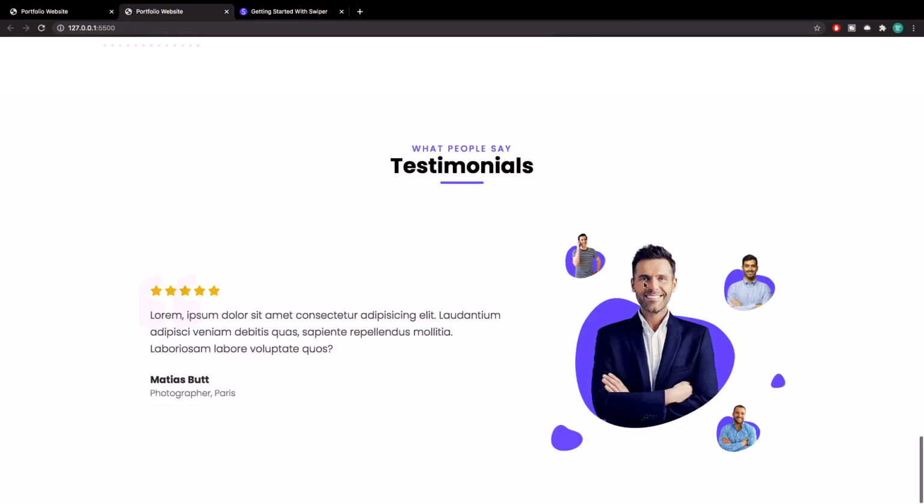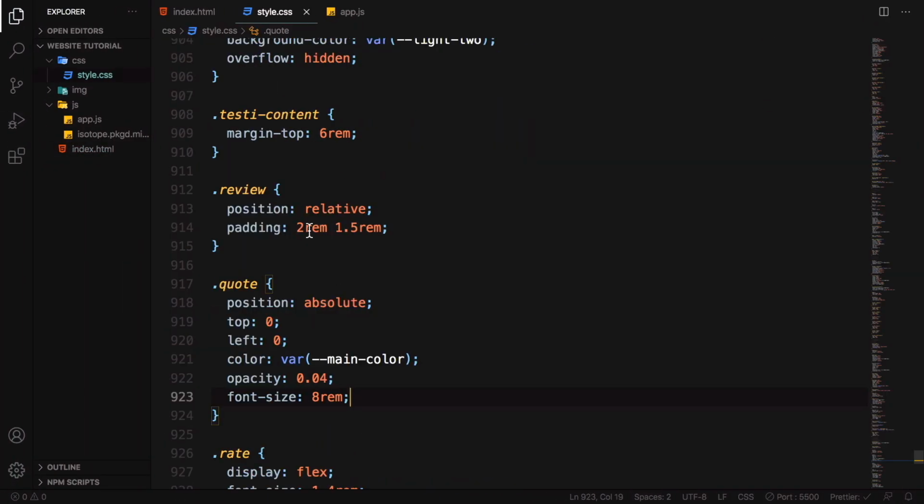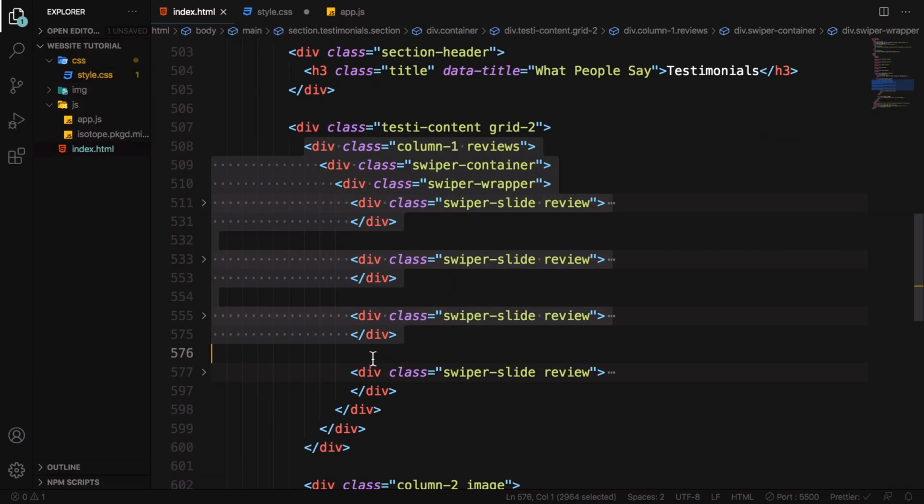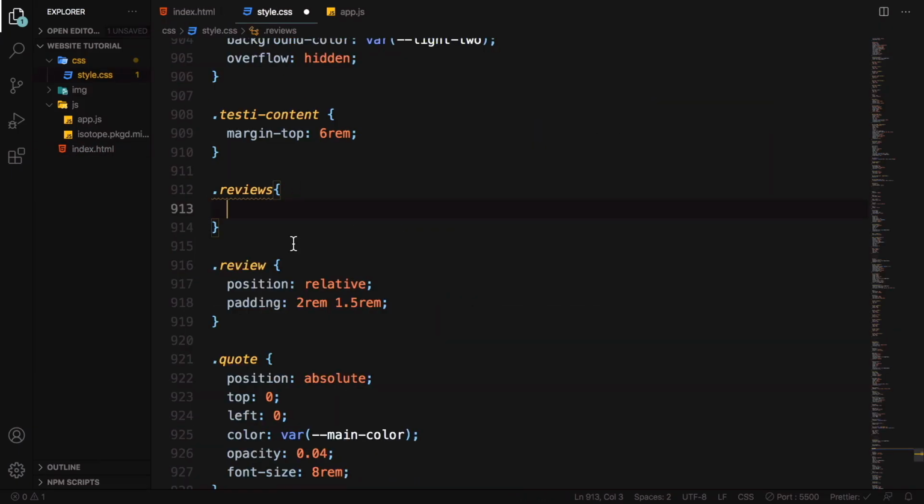But this is not working yet, and that's because we still need to initialize the library in JavaScript. So let's go back here, but before doing that, I'm gonna give the reviews div, which is this whole thing right here, an overflow of hidden, just to make sure that the slides that will go beyond this will be hidden. Now we're gonna go inside the JavaScript file,